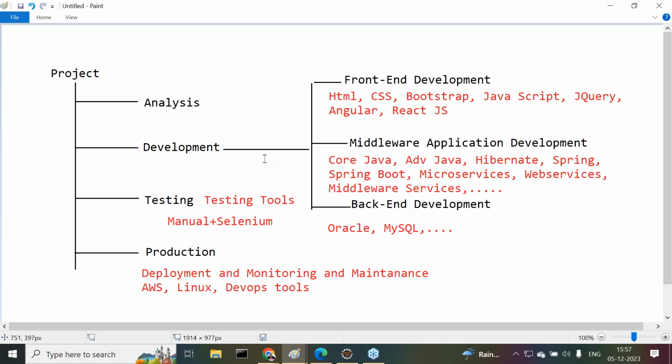This is exactly the environment required to complete a particular project end to end. If you want to complete a project, these many things are required. Listen, all of you listen carefully. If we take 10 years back,